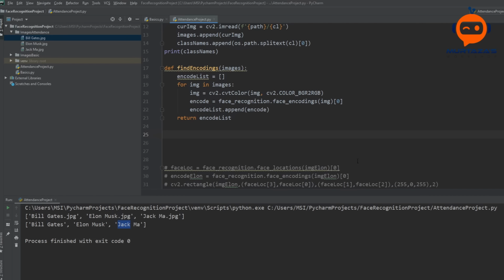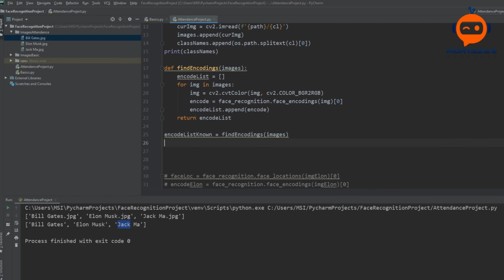Now to run this, we just have to call this function. So we will say encode list known is equal to find encodings, and we will send in our images.